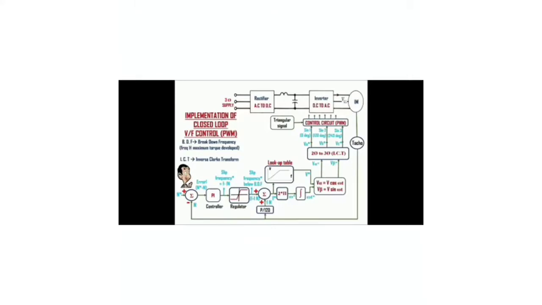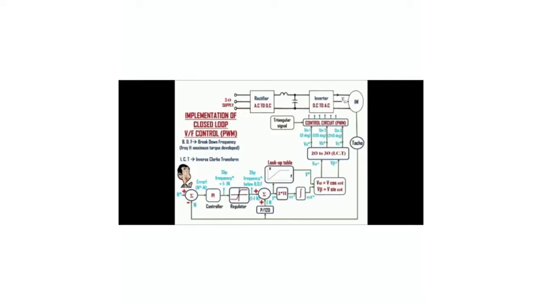Next basic concept is torque and omega. Power is equal to T omega, where T is nothing but the load torque and omega is equal to 2 pi f, where Ns is equal to 120 f by P. f is frequency, P is the number of poles. Next we can see how to change the frequency. In order to change the speed, we need to change the frequency, which determines the synchronous speed and the actual speed of the rotor. Next, how to change the voltage with respect to frequency. As frequency increases or decreases, the voltage also increases or decreases.